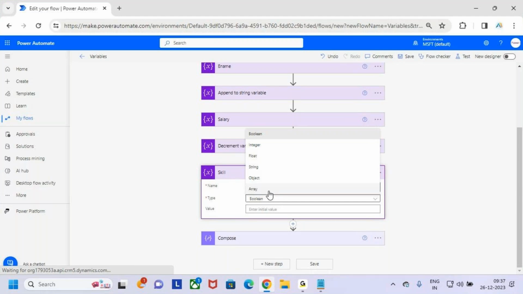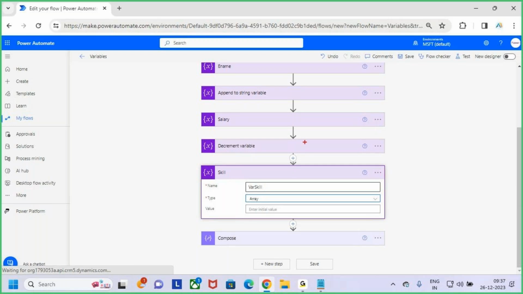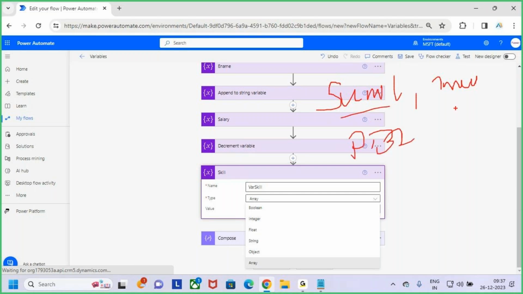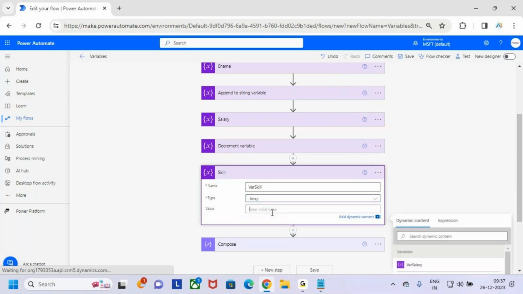Array means multiple values separated by a comma. Here a string holds only one value. That means, let us say, employee name Warner or employee name Sunil. Only one value it can hold. Array means multiple strings. Sunil, let us say the job trainer. Next, the course he is teaching, Power BI. So this is one string, this is another string, this is another string. Whenever you want to store a group of strings, go and use the array. So I'm going to select the data type as Array. Now what is the value I'm going to assign here, guys,